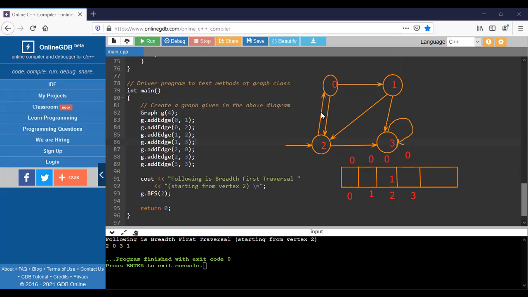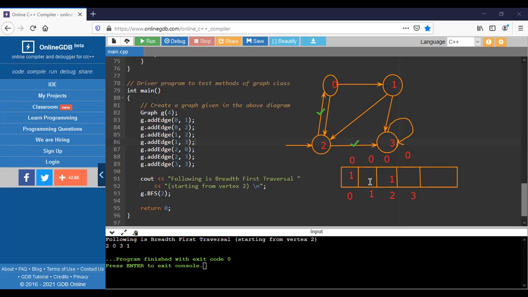0 has a connection, that is the edge from 2, and it also has a connection from this one, but this one does not have a connection. Since this one is not an adjacent node, we won't visit it. So first visit 0, mark it as visited.